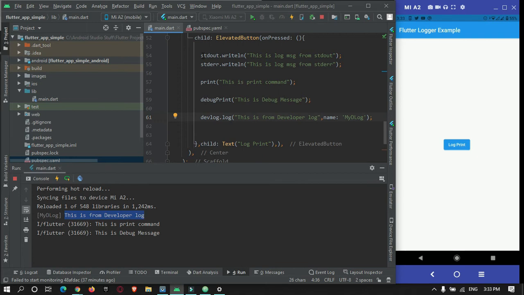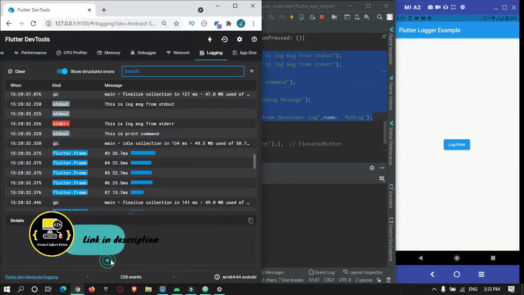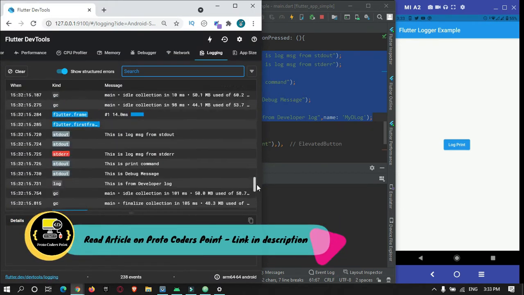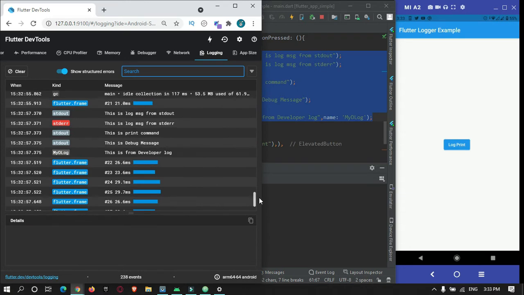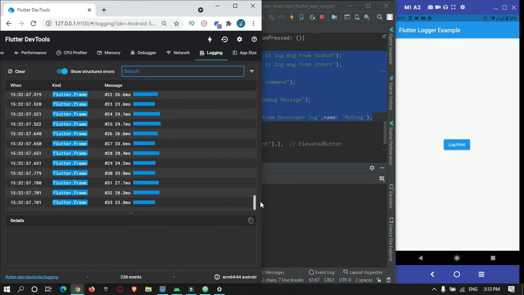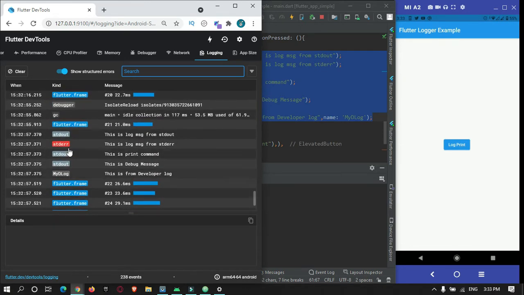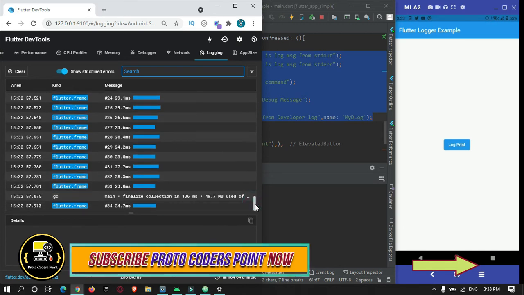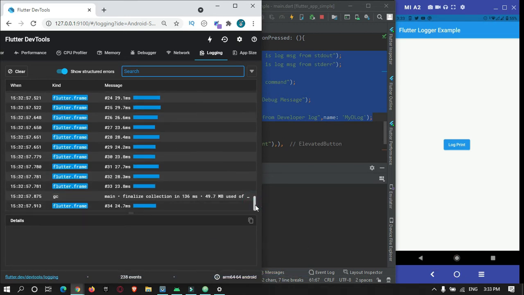The drawback of this is, if you go to the Dev console, Dev tools, you can see that there are many messages that got printed at a time. So if you want to find them, it is very hard. You need to find it step by step, and sometimes it gets missed somewhere, and you will not be able to find it.